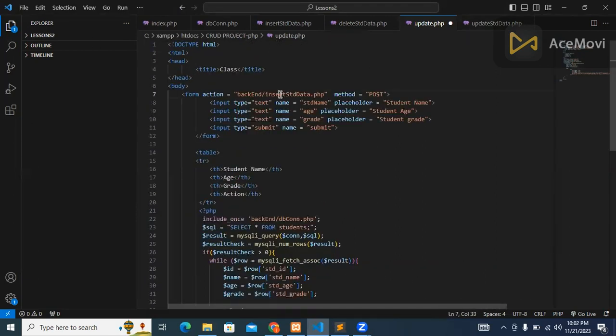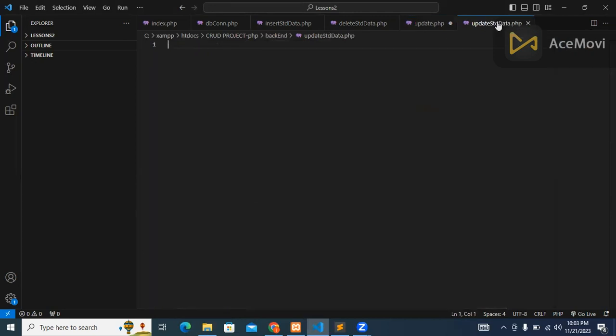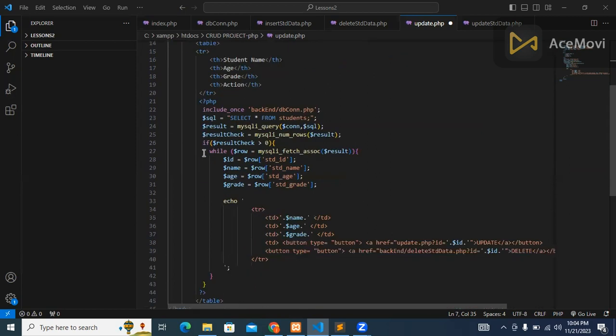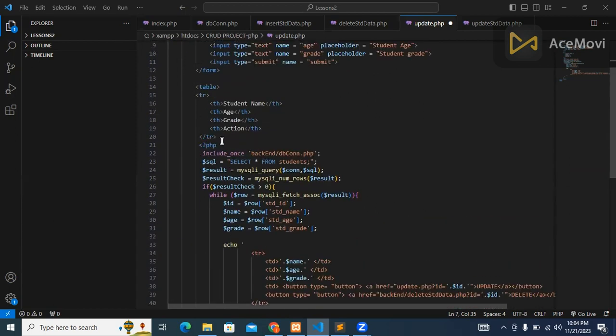Now we don't need this insert std_data.php file. Instead of that, we need update std_data.php. I have already created that file inside our backend folder, and this one also the method is post. Now we don't need this table, so I'm going to remove this table